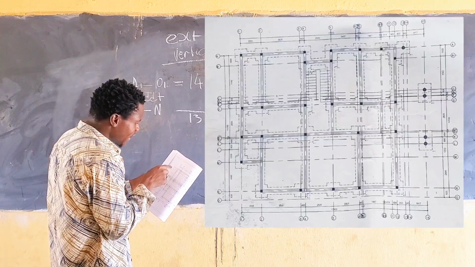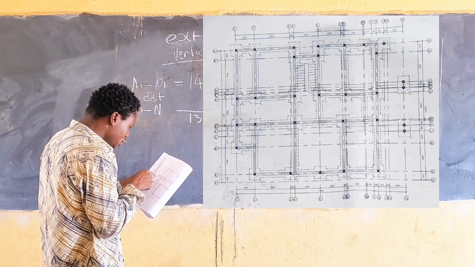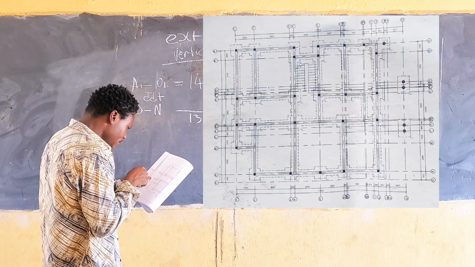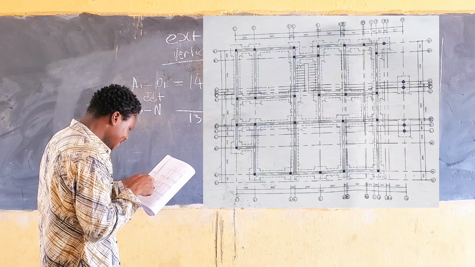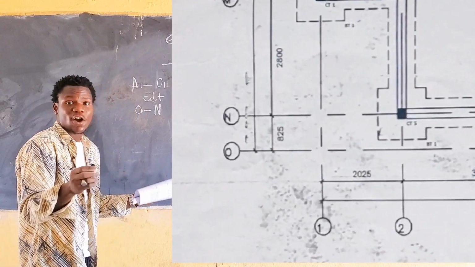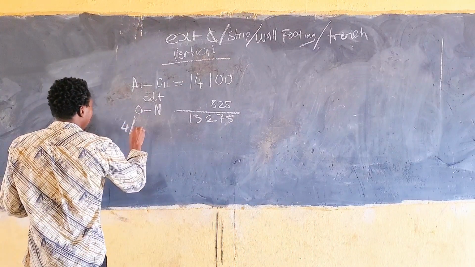The one on A1 is base type 1. The one on G1 is base type 1. The one on H and J1, base type 1. The one on M1, base type 1. The one on N1, base type 1. So we are lucky they are all base type 1. So we can simply say 4 by